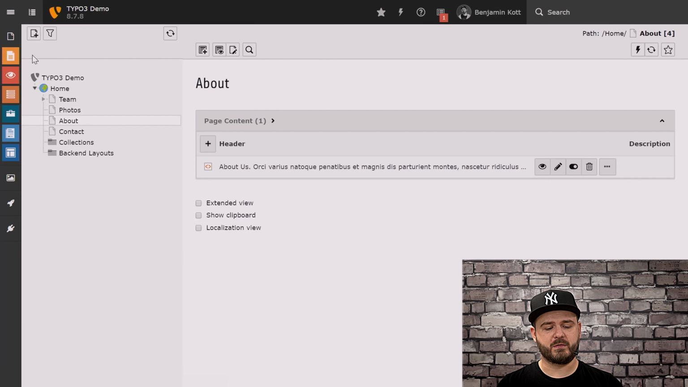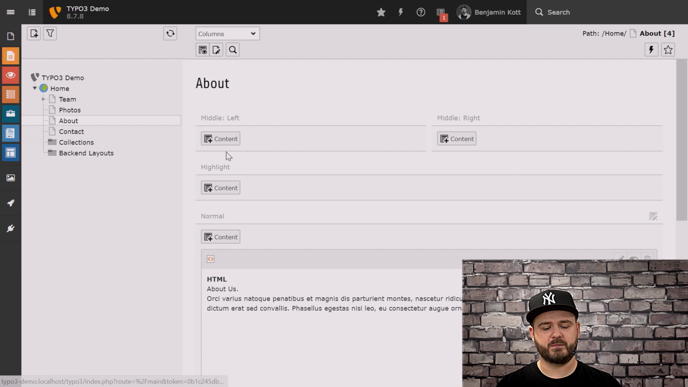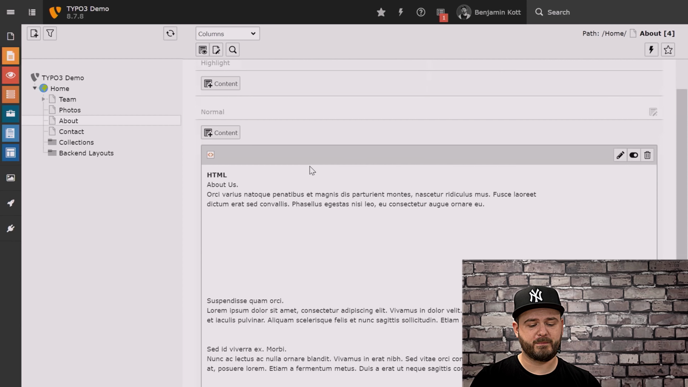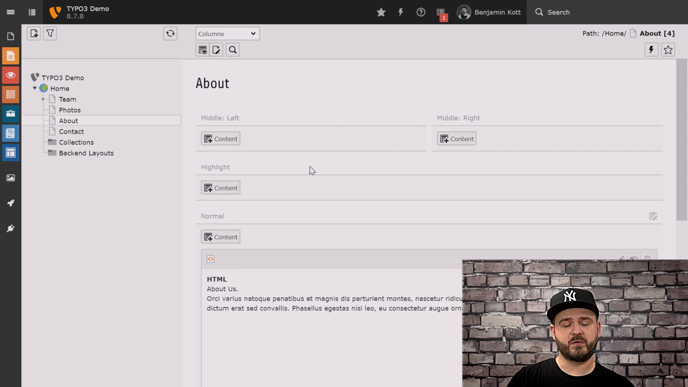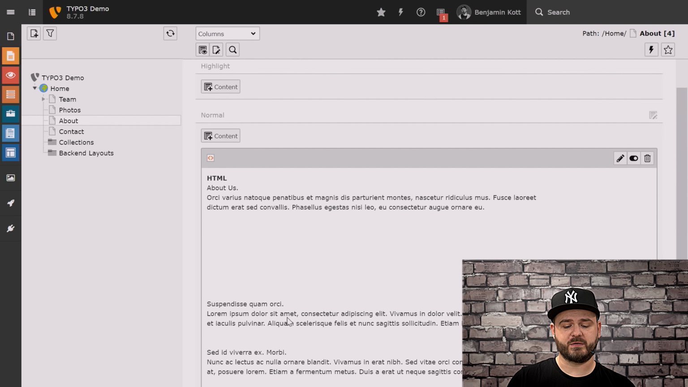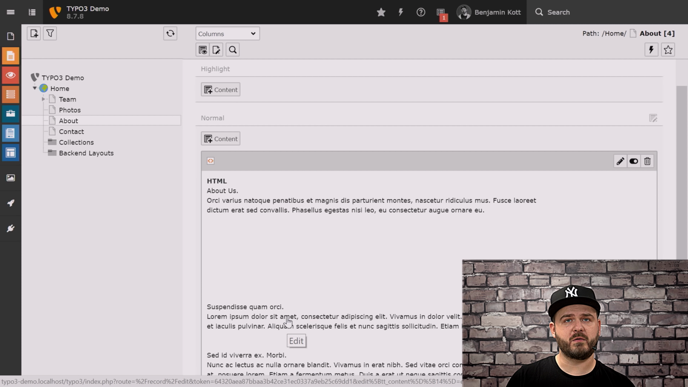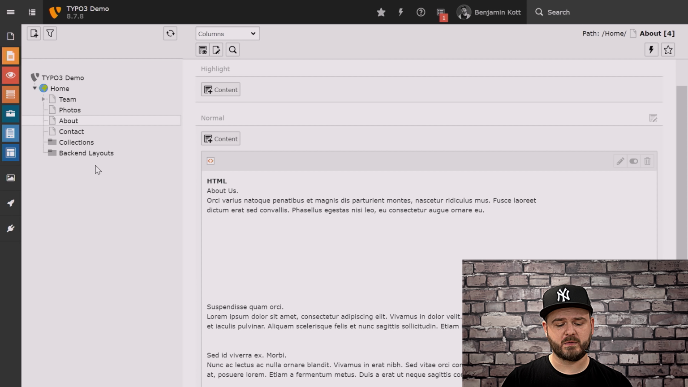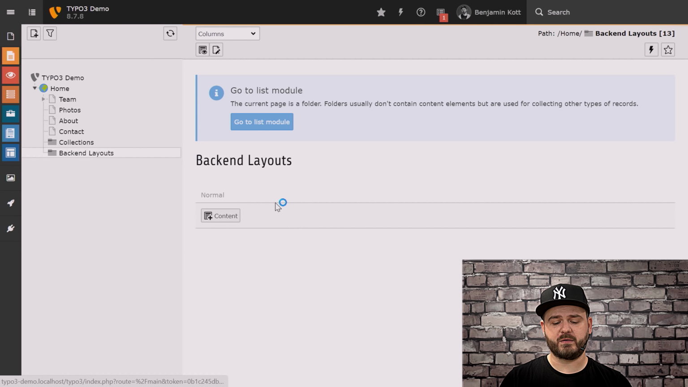But if we now have a look at the page view again, we will see, okay, this has changed now. The configuration we provided is also now shown here in the backend. That means we have a middle left column, we have a middle right column, a highlight column, and a column for normal content. As you can see, the content that was already before in normal is now also placed in normal again. This comes through the configuration itself,